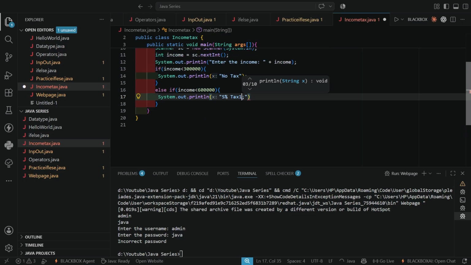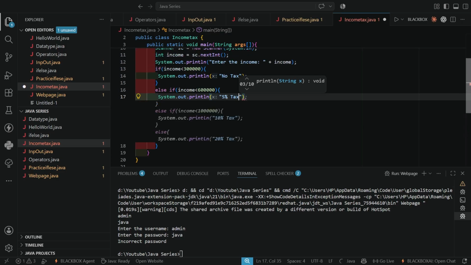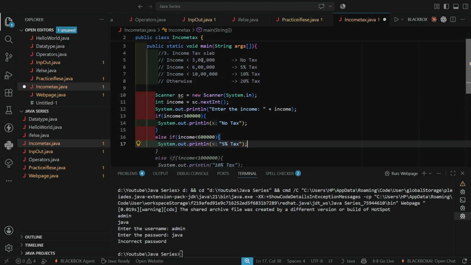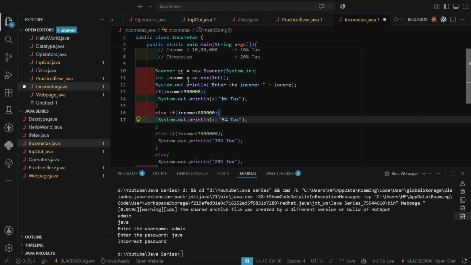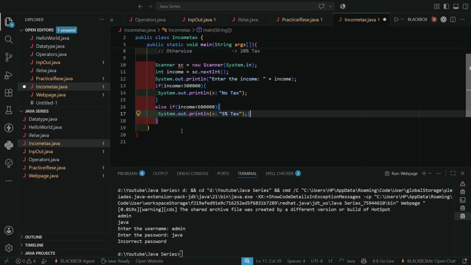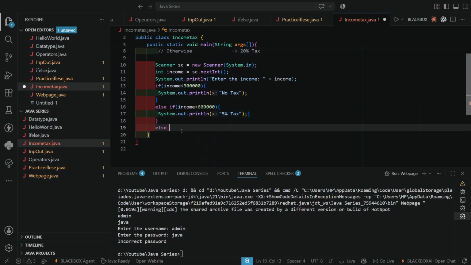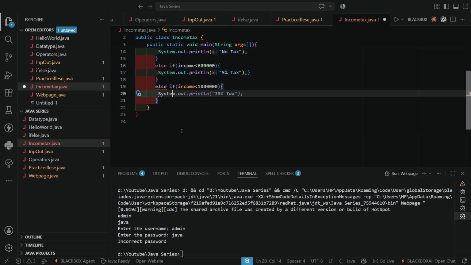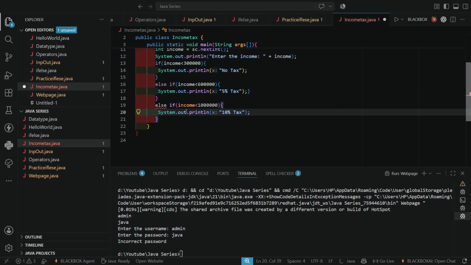Clear? Okay. The next condition is, else if income is less than 10 lakhs, then it is 10%.